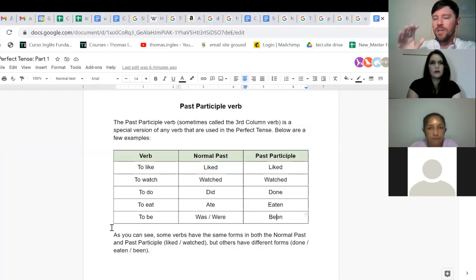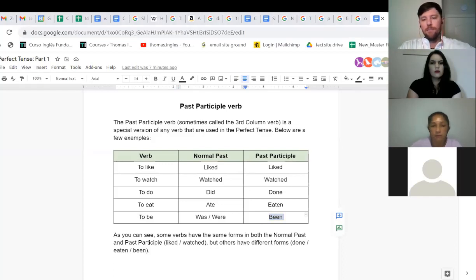And then the last one, and this one is important. This one is more important, I would say, is the verb to be, because we use the verb to be more frequently. So it's good to memorize the verb to be. So we have the verb to be. There are 2 versions of the normal past tense: was and were, and then the past participle is been. So again, I have been to Italy